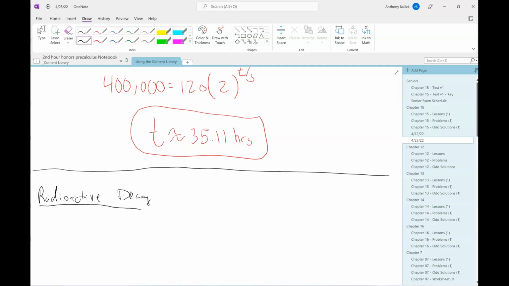The rate at which that happens is called your half-life. That's the amount of time it takes for half of the original sample of your material to degrade into something else. Okay, with that idea,